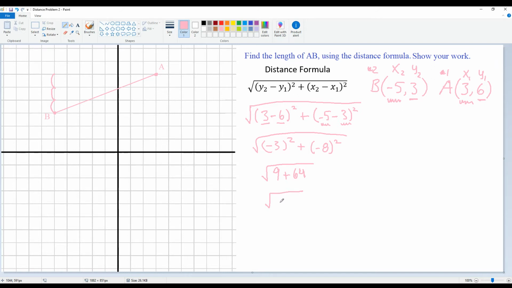So 9 plus 64 is going to be 73. And then you can type that into a calculator to convert it into a decimal. But I usually stick with simplest radical form. So the decimal